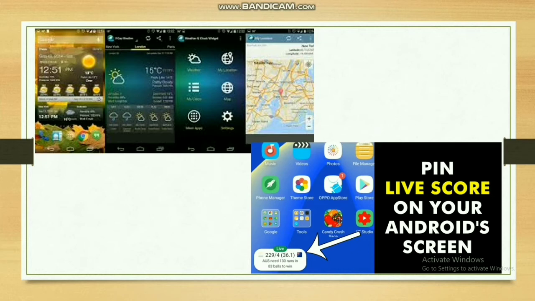Such apps are called widgets. Widgets and applications are entirely different. Widgets update automatically. Look, on the screen you could see 229 for 4 in 36.1 overs. The New Zealand is batting and Australia needs 130 runs in 83 balls to win. Sorry, it is the Australians.